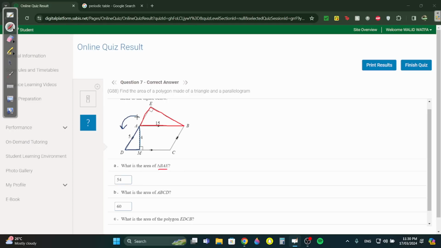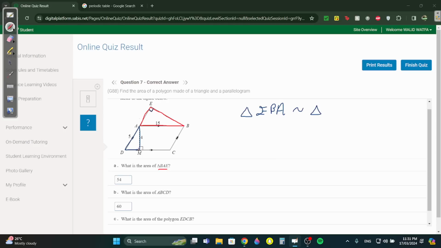I don't think the proof is required if it comes written. In case it comes written, just say AA postulate. You don't have to prove it, but just say AA postulate. Write it like this. Triangle EBA is similar to triangle